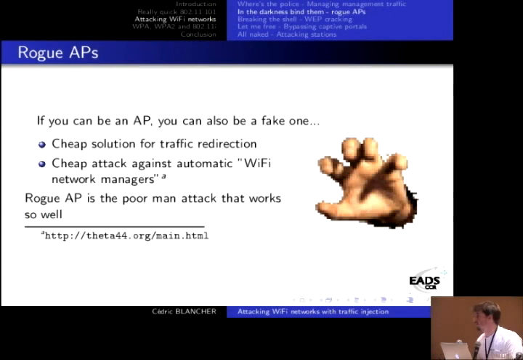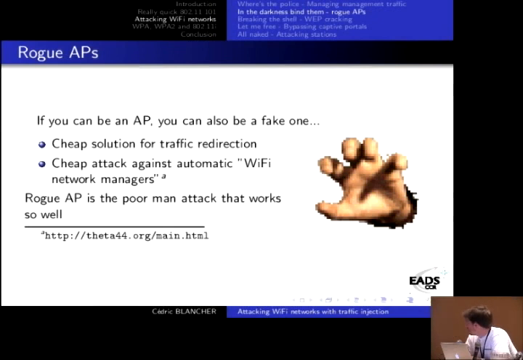So basically, if you're able to build an access point, you can go to any wireless network and just deploy the access point, and just try to get people associated to your access point instead of the legitimate access point. That we call rogue APs. So rogue APs is quite a cheap attack. In fact, you only need a wireless adapter and an iwconfig with interface mode master, and then you're an